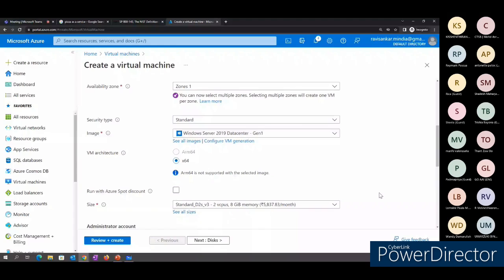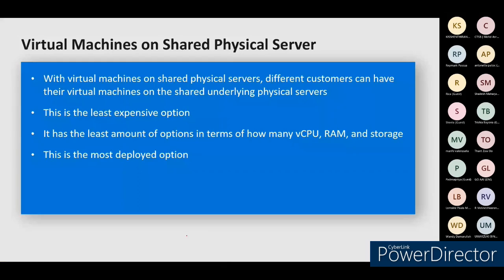Now we have been diverted from a point. It's called IaaS flavors. Basically, when you're configuring this, you have 3 options available. One is called a shared physical server. Right now, the first point we are discussing is a term called shared physical server. This means right now Robin has selected one server in the,